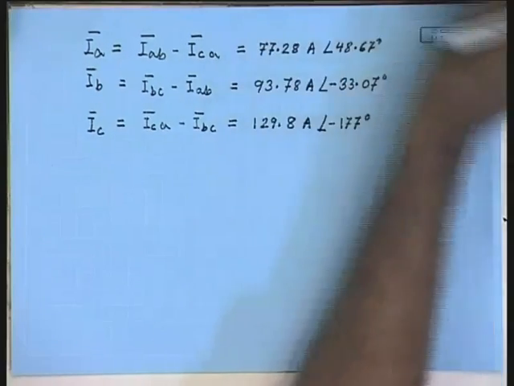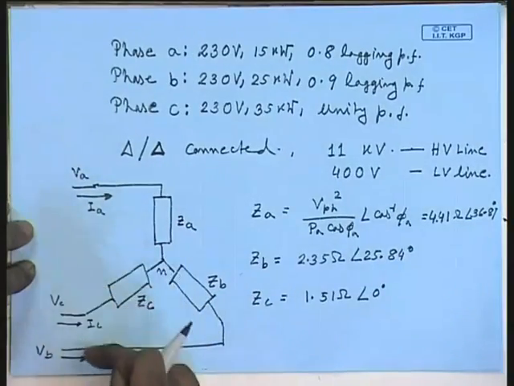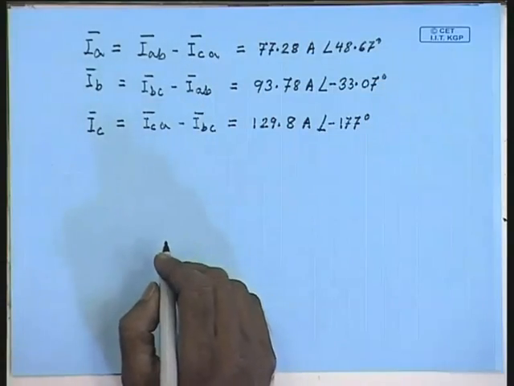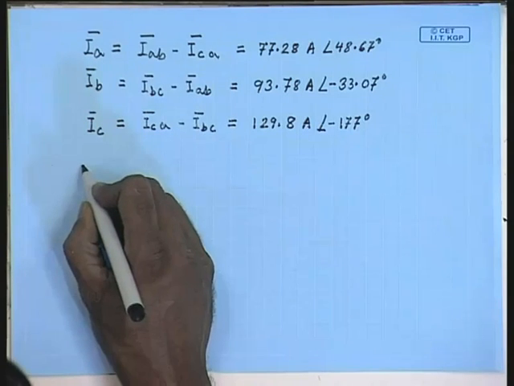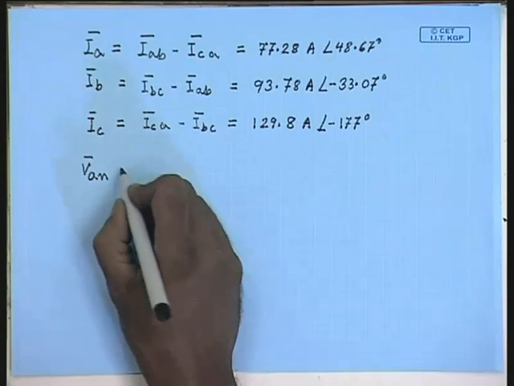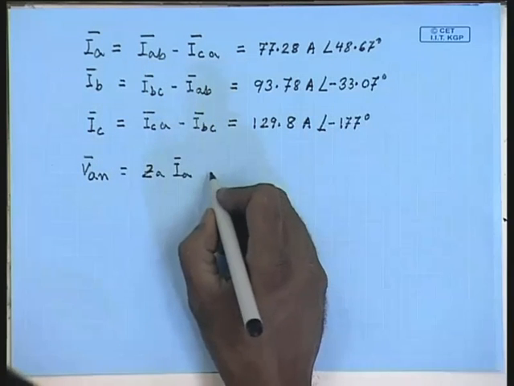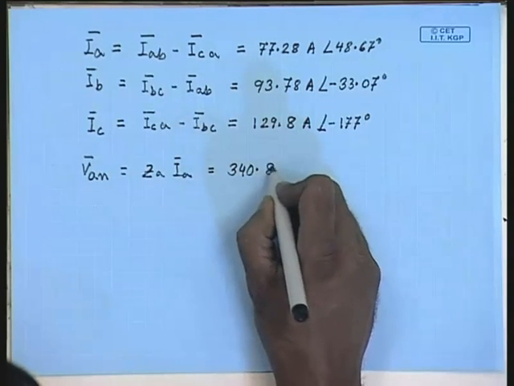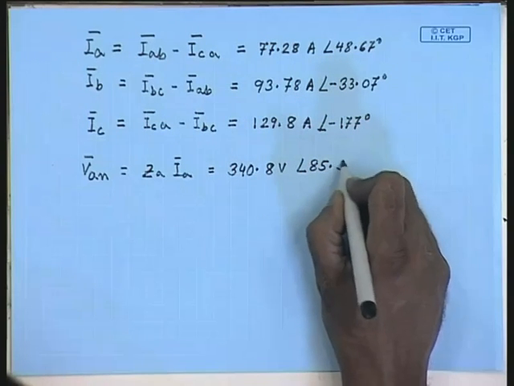Once we know the actual line currents, it is now easy to find out the voltage across different load phases. So, VAN will be equal to ZA into IA, which comes out to be 340.8 volts angle 85.54 degrees,